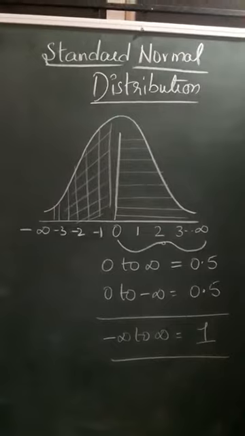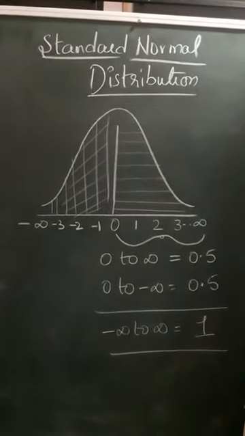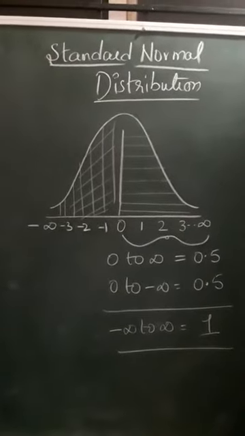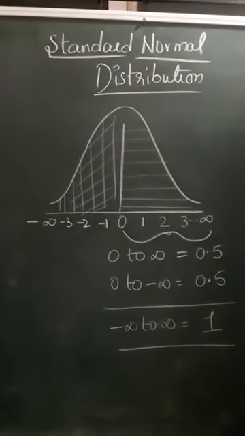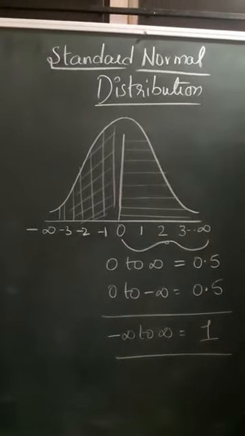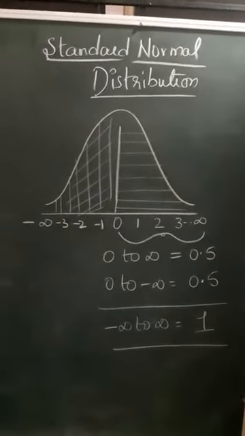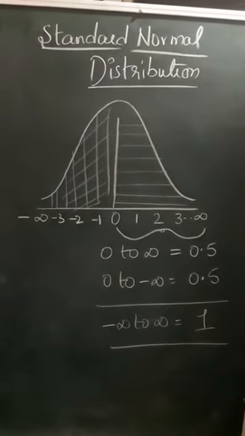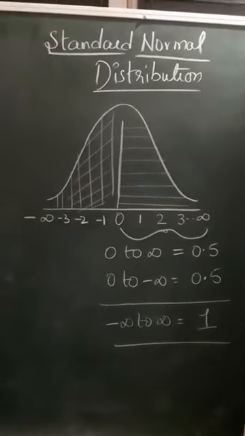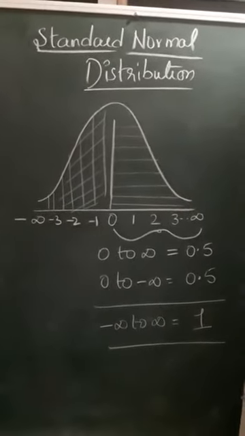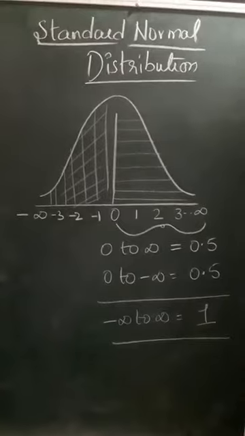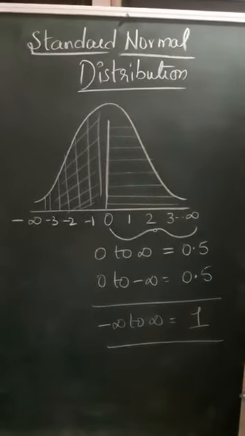And in a probability curve, the total area must be equal to 1. As you all know, total probability itself is equal to 1, right? It never crosses 1. So in the probability curve of the normal distribution, the total is also equal to 1. Whatever probability of the normal distribution you calculate, the answer must be within 1. Remember, it will never cross 1 because the entire probability itself is equal to 1. Now this is the initial type of curve.